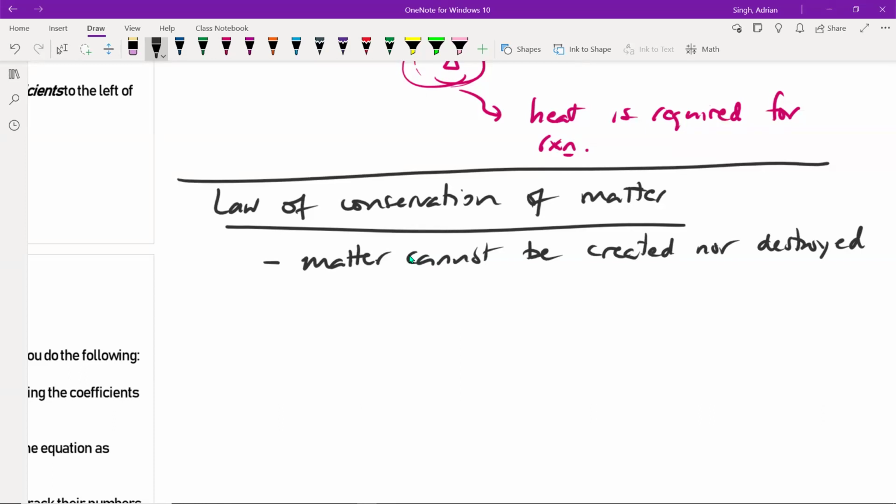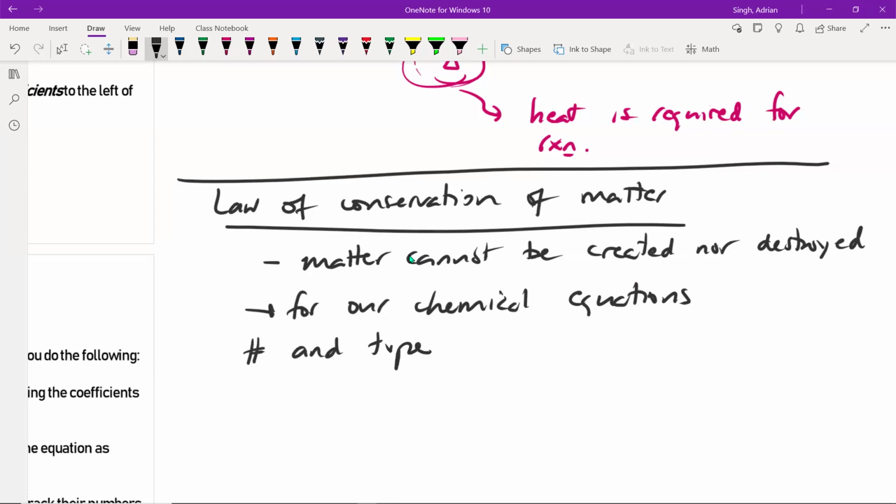In terms of our chemical equation, something that is going to be applicable to us is the following. For our chemical equations, the number and type of atoms on the reactant side, on the left side, must equal